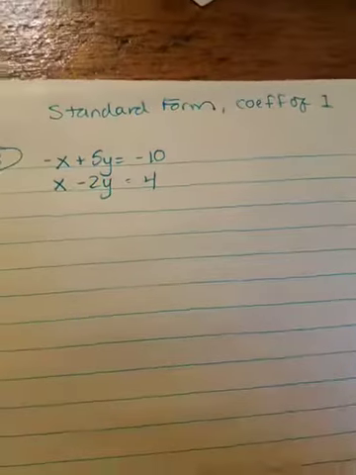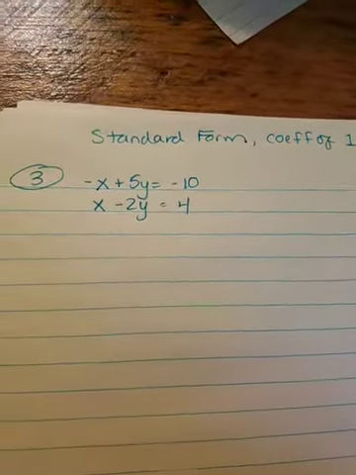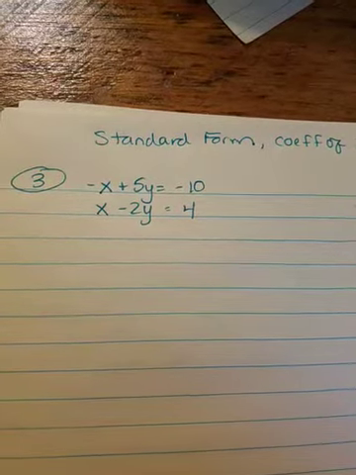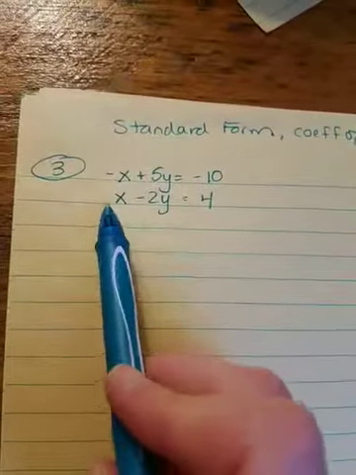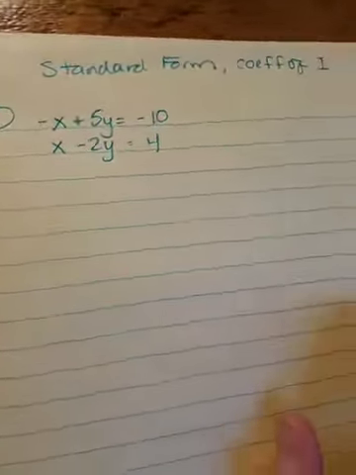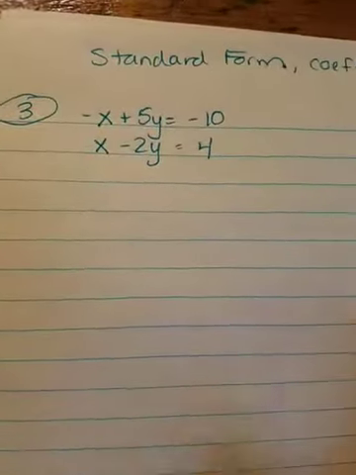Okay, here's another example for you when both equations are in standard form, and in each equation at least one of the variables has a coefficient of 1, meaning this x, the coefficient is 1, technically this one's -1. So this process is a little bit more complicated because one of your equations isn't already solved for y or